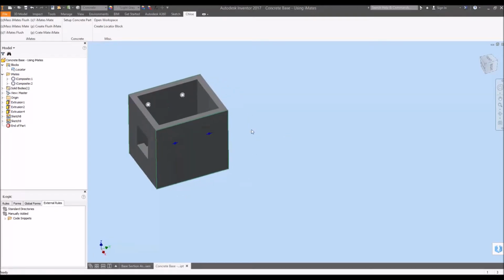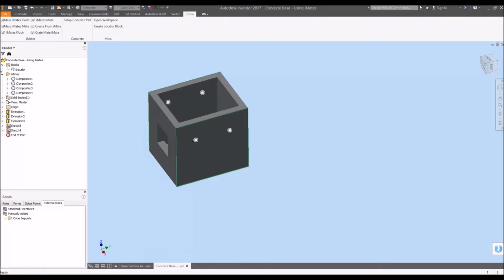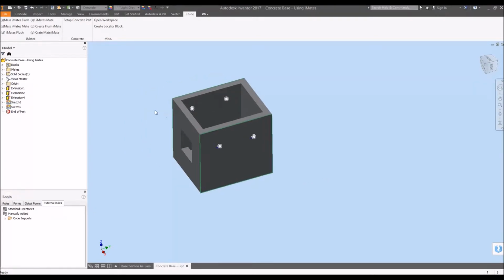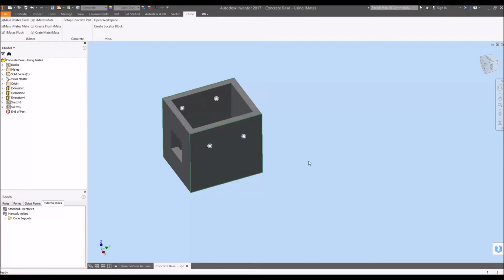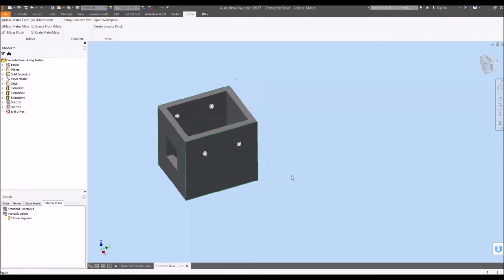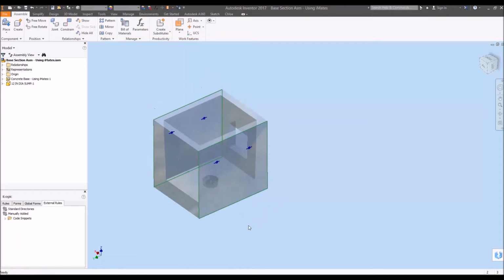We'll want to do the same for the opposite face. Go to Mass iMate Flush, click on that face, and there you have it. 2 iMates on either side. We'll want to go ahead and save. We're going to close, come back to our assembly environment,